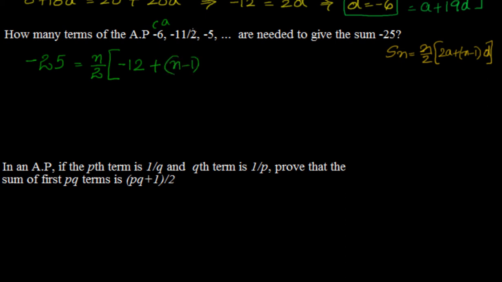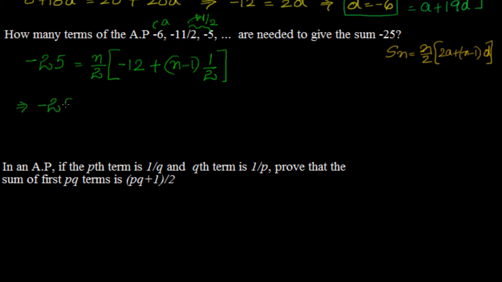Okay, now we have to find out d. Can you tell me what's d? D is the difference between a2 and a1, or a3 and a2. You can see that d is nothing but equal to 1 by 2. You can check that. You do minus 11 by 2 minus of minus 6, that is plus 6. If you simplify that, you will get d equal to 1 by 2. So I will have into 1 by 2. Now from this you have to find out n. That's it. It's simple. Nothing is there, right?